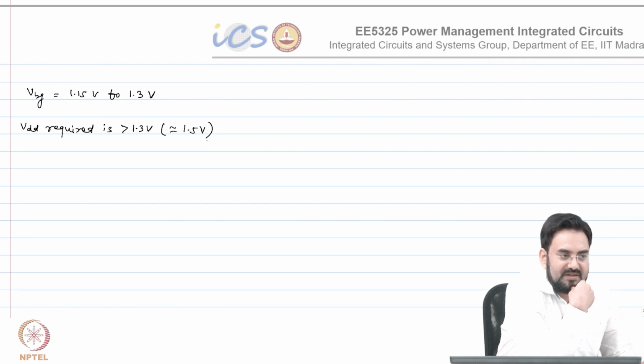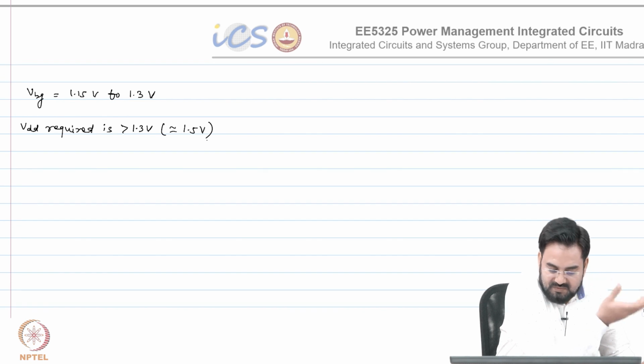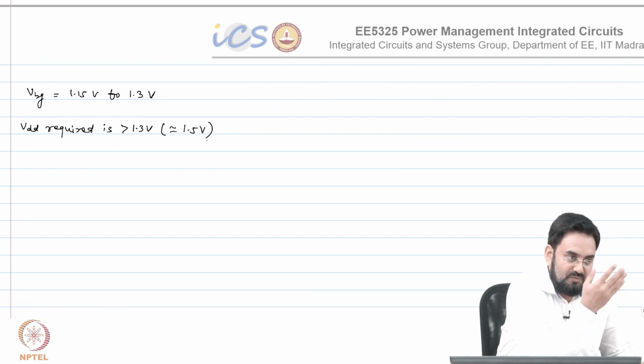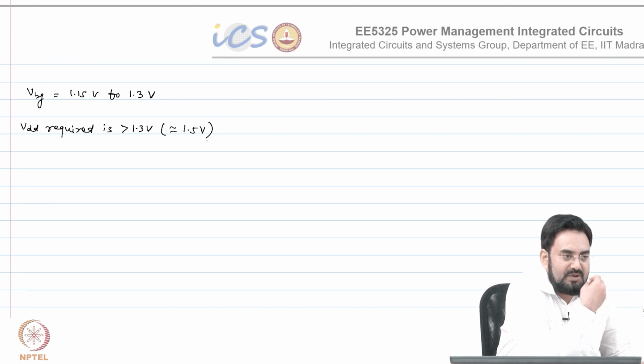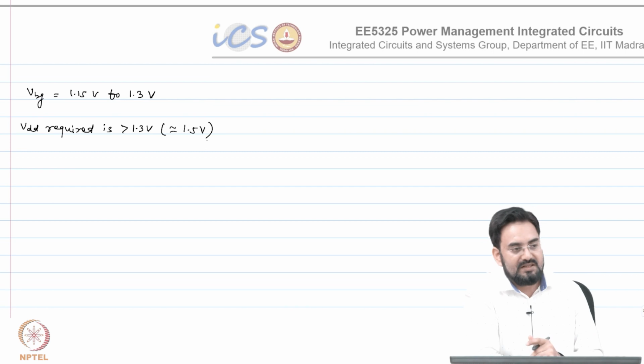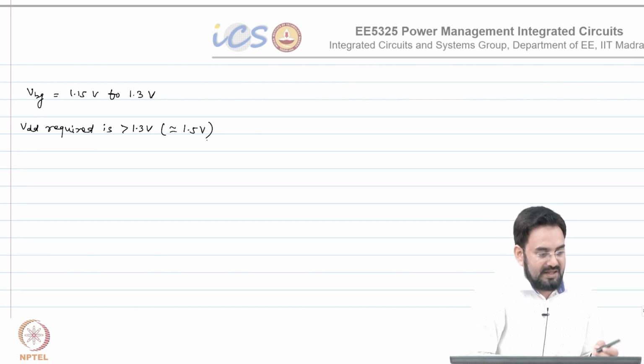And these days you have devices which are like 1.2 volt devices you can have in 90 nanometer process also, or CMOS 65 also. So, even 1 volt you will get as you keep moving into the lower technologies. Which means if I want to design a band gap which can operate at 1 and 1.2 volt, this circuit will not work, because the output will be higher than that. So, that is why we require sub 1 volt band gap.